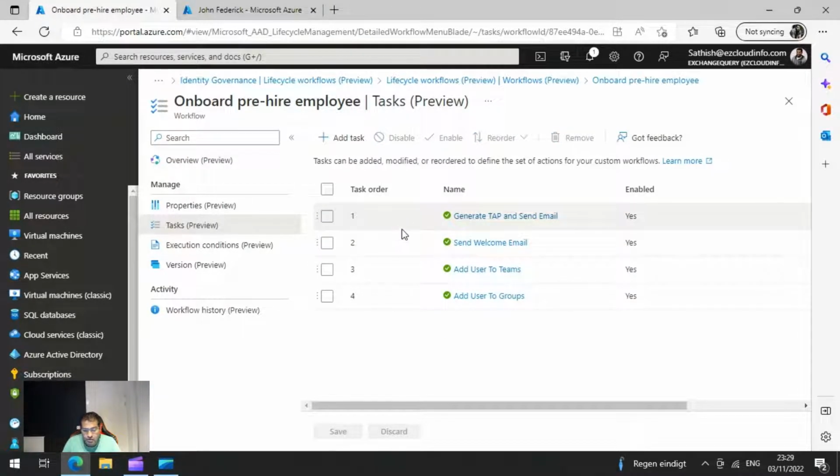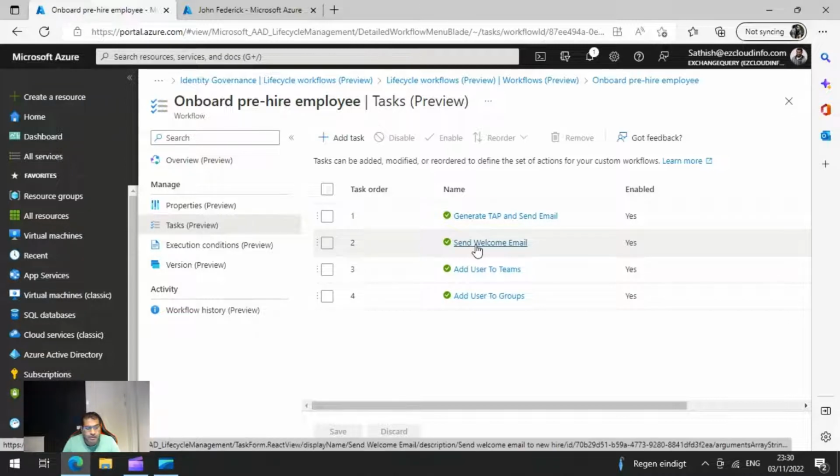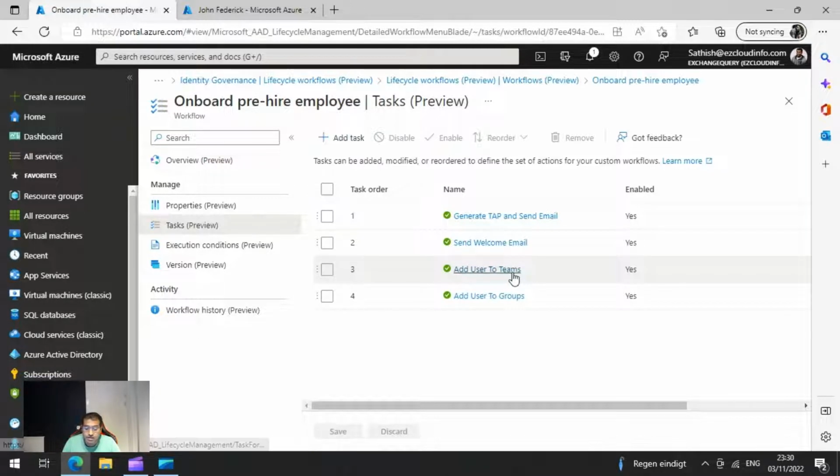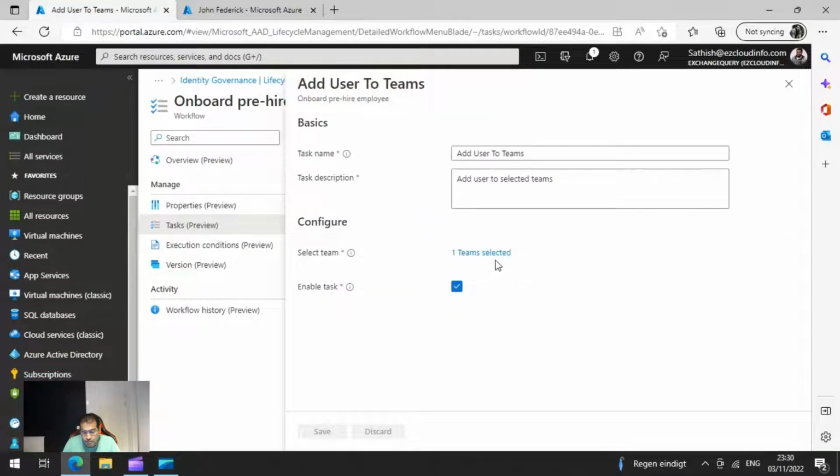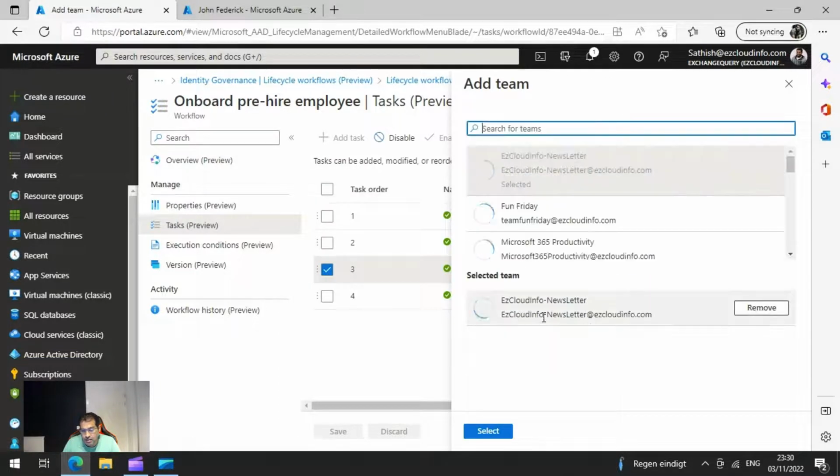For example, the first action is I'm just generating a temporary access pass, sending it to the particular manager, and the manager sends the temporary access pass to the new employee, and then the new employee logs in, and after he logs in, he sees a welcome email, which is good. And then the next part is you could also add this particular user to Teams, which I have done in my example. I've just selected one team, and then I've added him to the newsletter, so that the moment when he logs in, he has access to one of the default teams